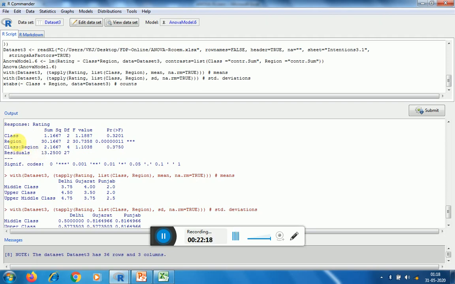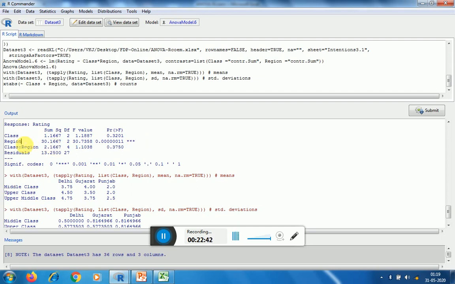Now as far as class is concerned, there are three classes: upper class, upper middle class, and lower class, middle class. Now here p value corresponding to class is much greater than 0.05. This means that there does not exist significant difference between the means of various class.